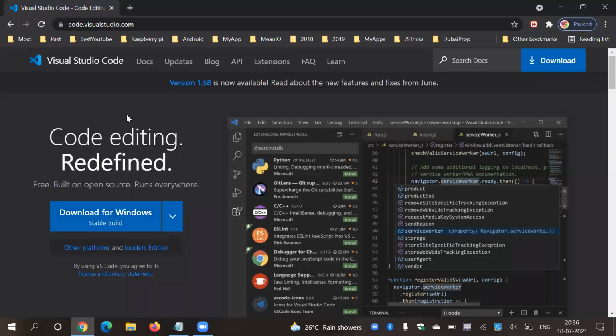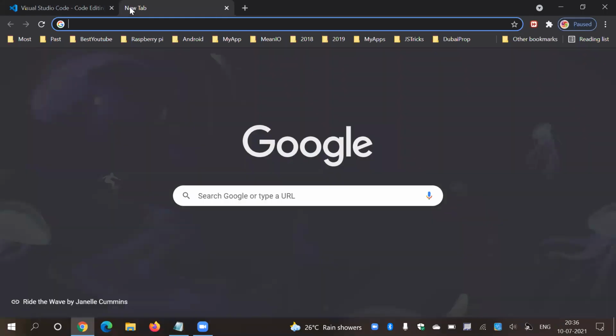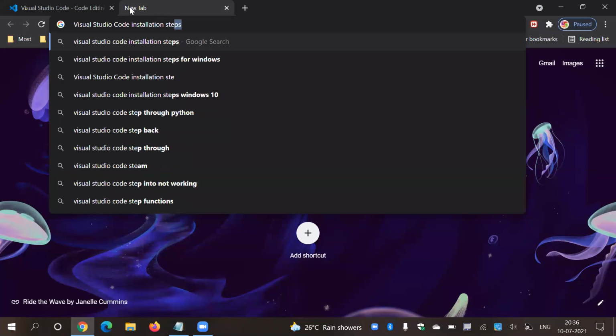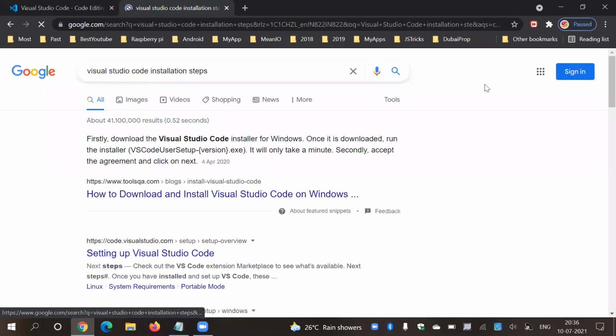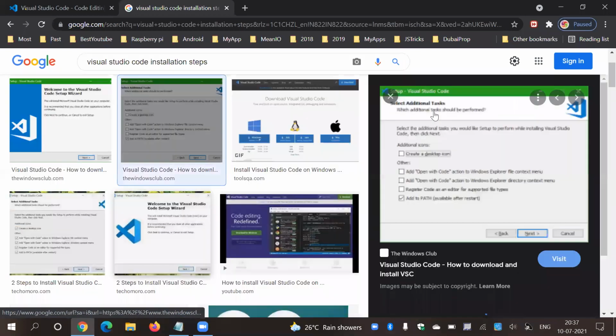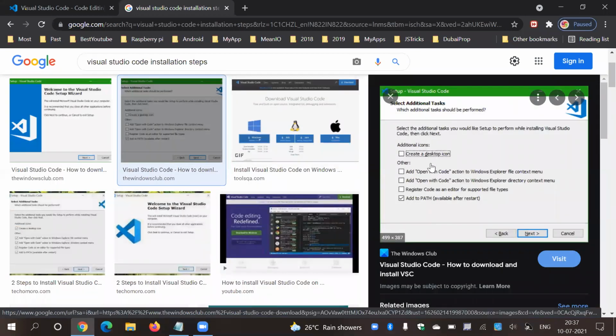Guys, while installing Visual Studio Code, while doing this installation, just remember here you will be asked some additional options.